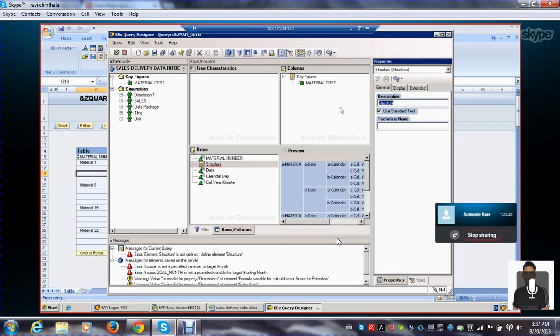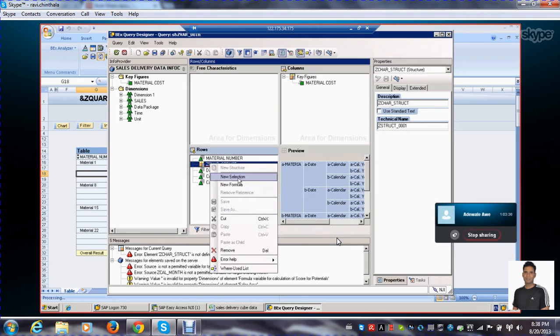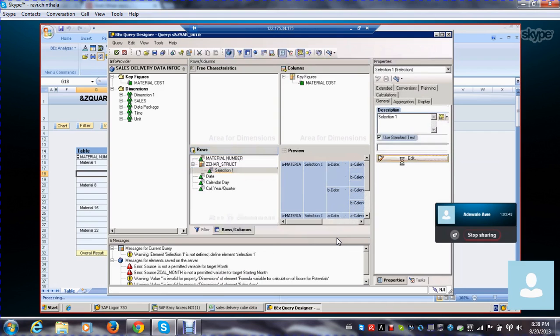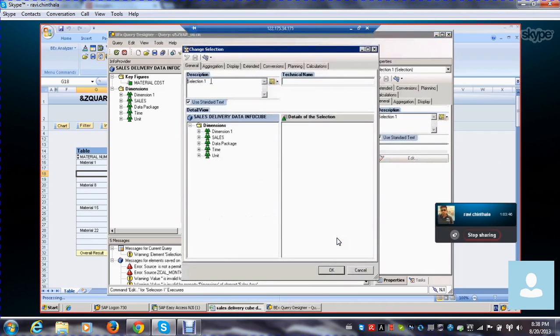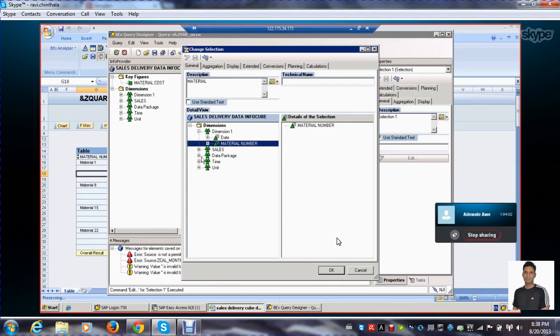Here, let's... so we have. I want to restrict it with quarter,